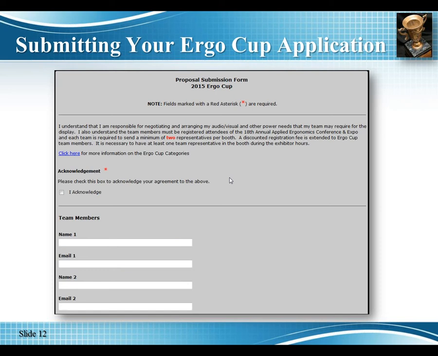You will be bringing all the equipment and materials that you need, and 2 representatives must come to the conference for the booth. The reason is that you want to give yourself breaks during the conference, and there are people there to talk to as many of the attendees as possible. You will also receive a discounted registration fee for Ergo Cup team members, so it's extremely important that the team names are listed here. So once you acknowledge and write down the team members, you will go to the